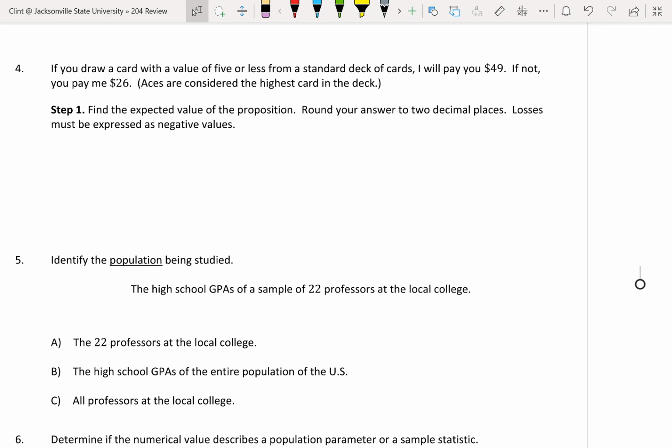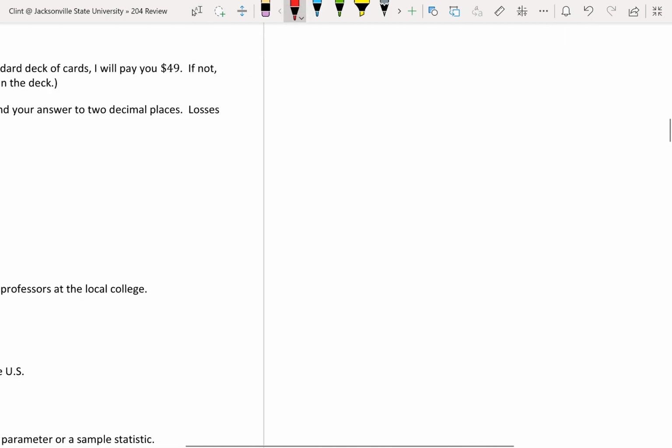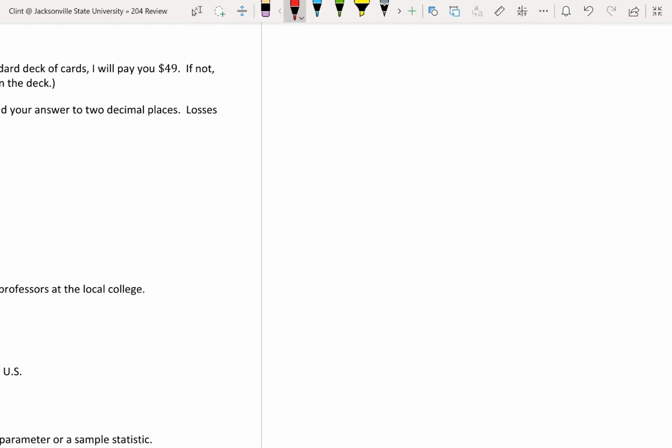Okay. It says if you draw a card with a value of 5 or less from a standard deck of cards, I'll pay you $49. If not, you pay me $26. It tells us aces are considered the highest card in the deck here. If you don't know the cards in the deck, I'll probably put them up on the board, and if I forget, just remind me on test day. So if aces are the highest,